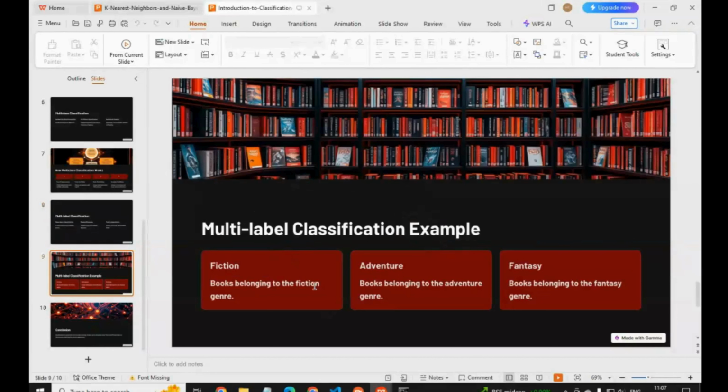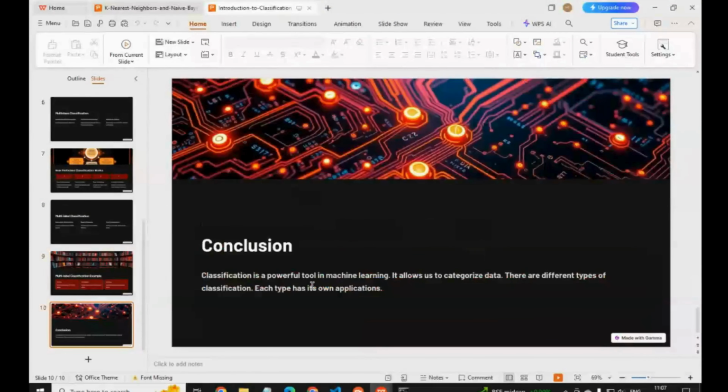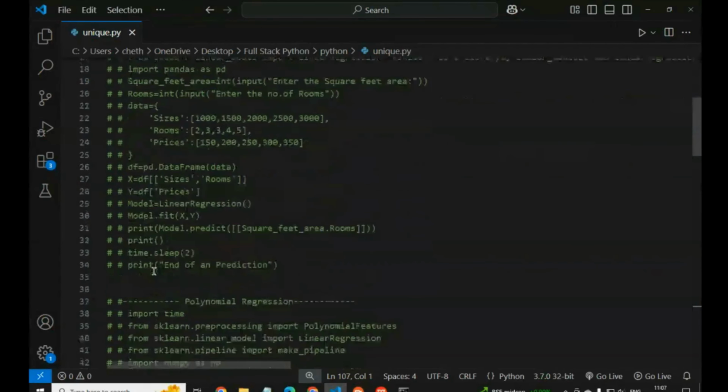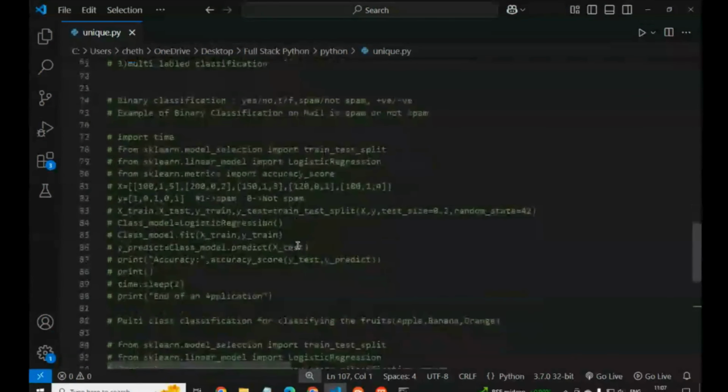So let's see an example for this. Here we write code for that.